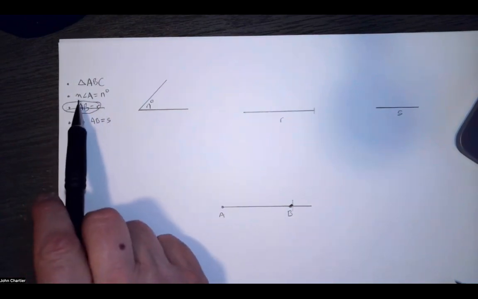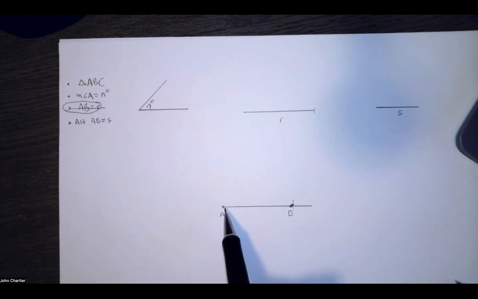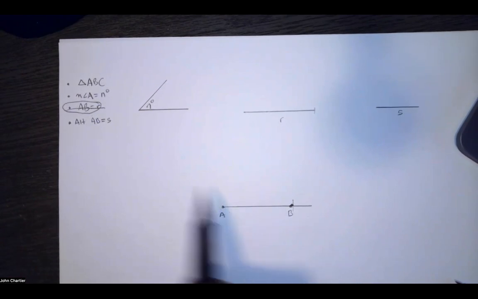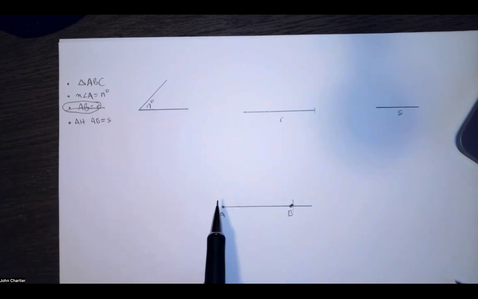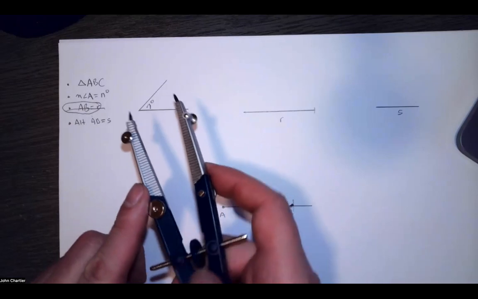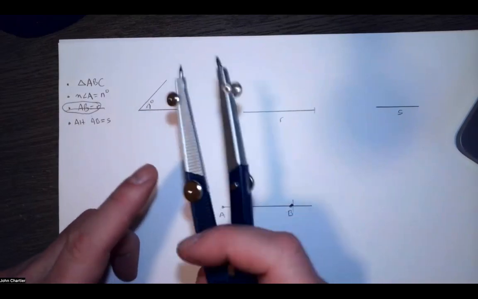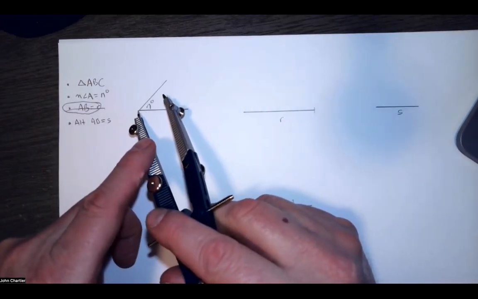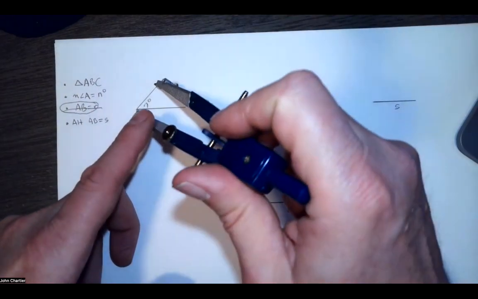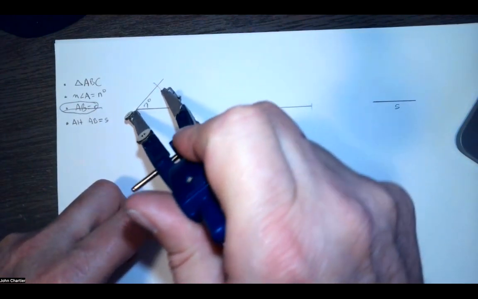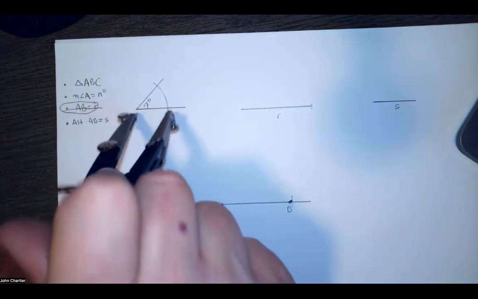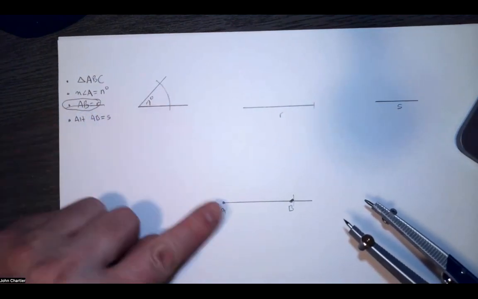The next easy one would be to make the measure of the angle. If this is A, and it's going to have measurement N, well, N is sitting right here. I just need to make this angle appear right here. So remember that construction? Step number 1, we're just going to copy the angle over. Step number 1 is to open up your compass so that you can get an arc to appear on the given angle. Whoops, I'm not taking my own advice of putting the pressure on the pointy part. So there's my arc.